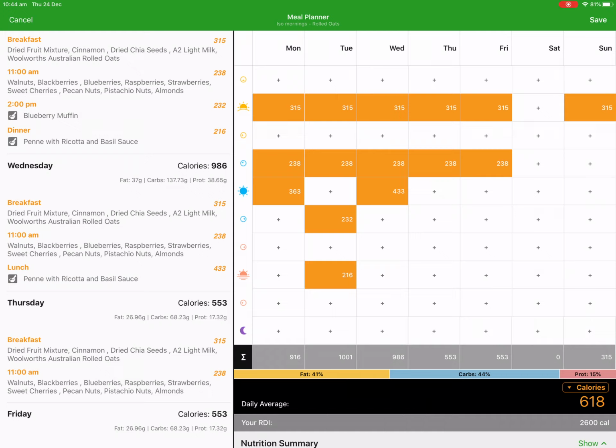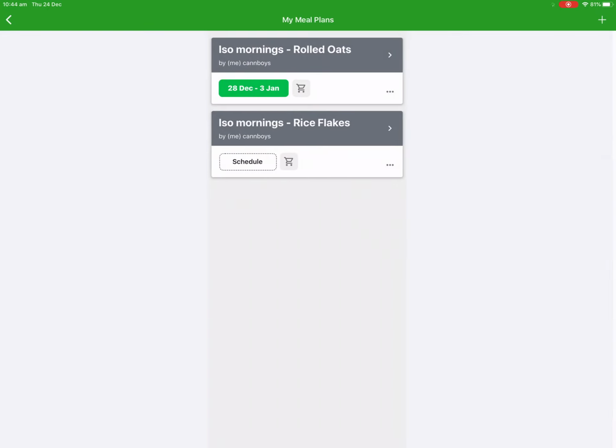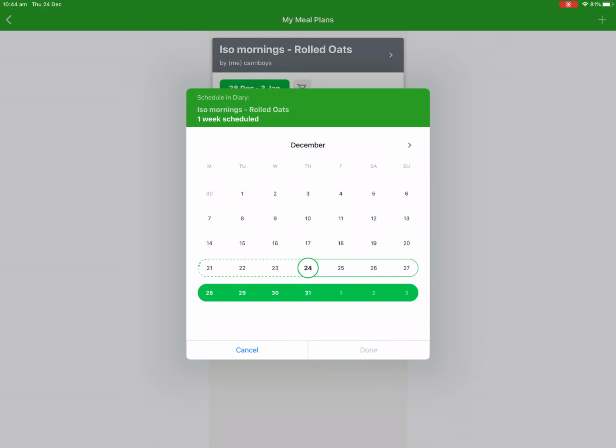Then all I have to do to make sure it's locked in is to just tap save, which is up in the top right corner. And then it's done. All I have to do then is schedule the meal plan. In this case, it's scheduled for next week, but if I wanted to make it active from today, I just select that week